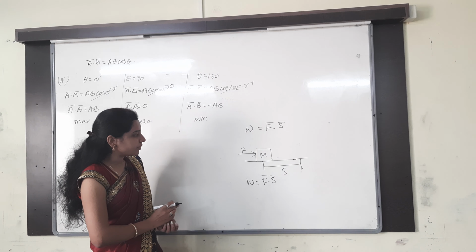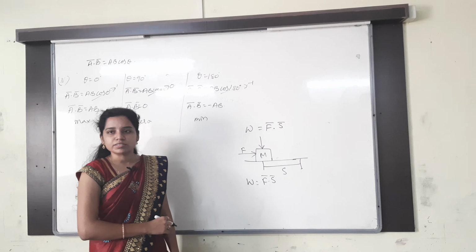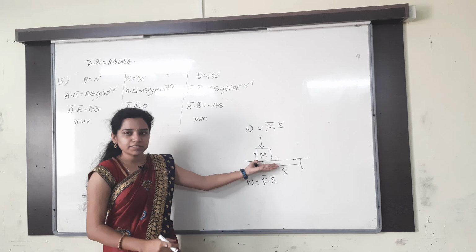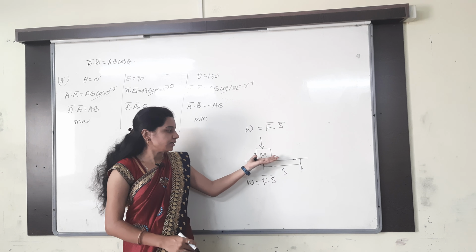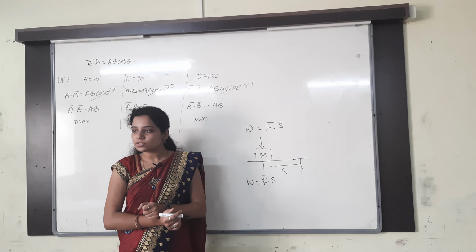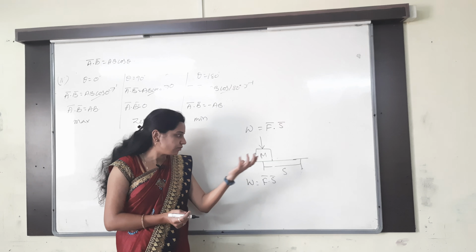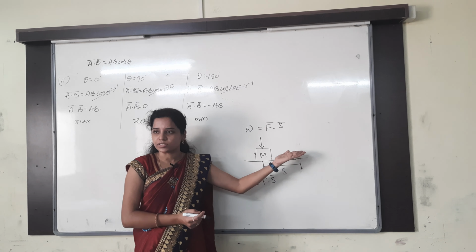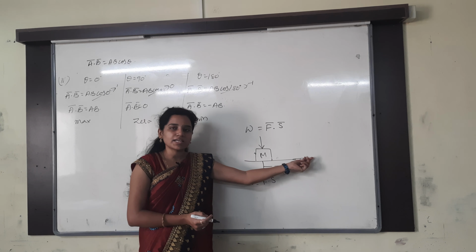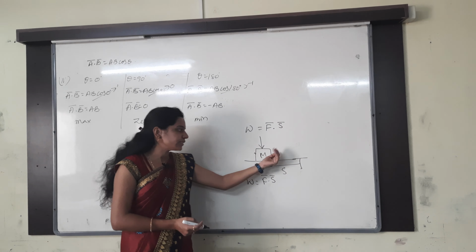Now, whenever I apply the force in this direction, then what is the displacement of the body? Zero, no, it is a fixed one. Horizontal table I have taken. So this is the fixed one. Now whenever I apply the force in this direction, what is the displacement of the body? Zero, no? Zero displacement. Why zero displacement? The body is constrained in which motion? Horizontal motion only. Prajwal, listen to the class. Either it can move in this direction or in this direction. So either it can move in the horizontal direction, either right side or left side.